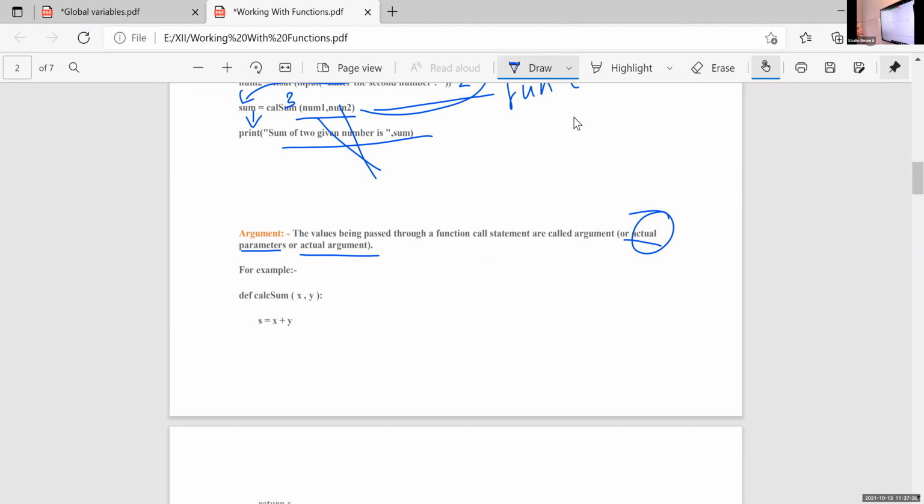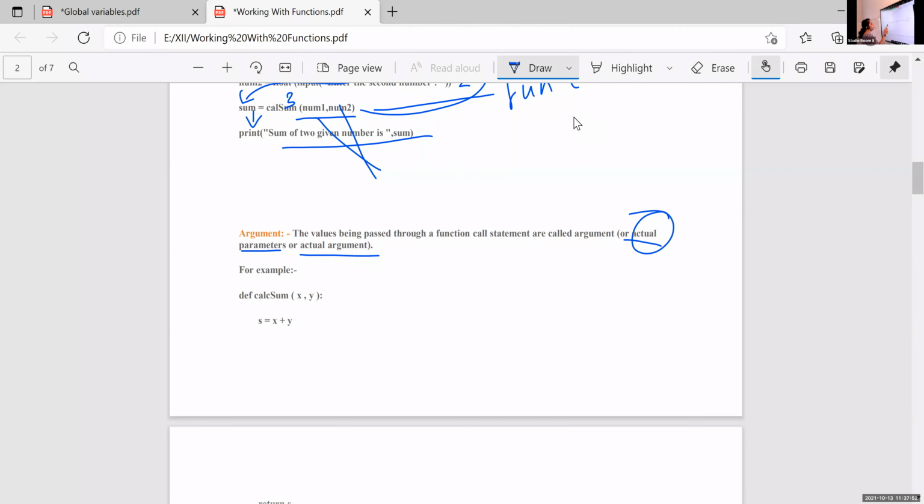So actual value is from the main function. You just understand the concept: actual parameter or actual argument means the arguments that are used in the function call statement.